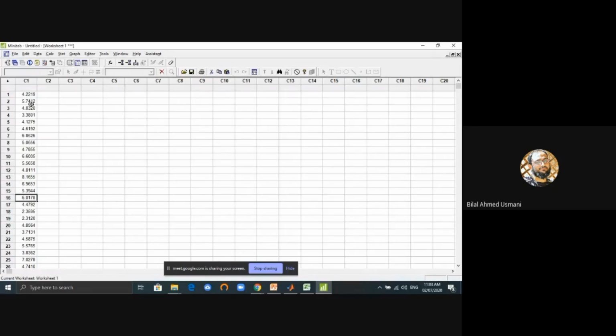Between 6.2 and 3.8 you will get most of the values. And if you remember, between 5 plus or minus 2.4, which is 2 times the standard deviation, you will get almost 95% of the values. So you can always check that. Most of the values would be between 3.8 and 6.2. So if you just eyeball it really quickly,